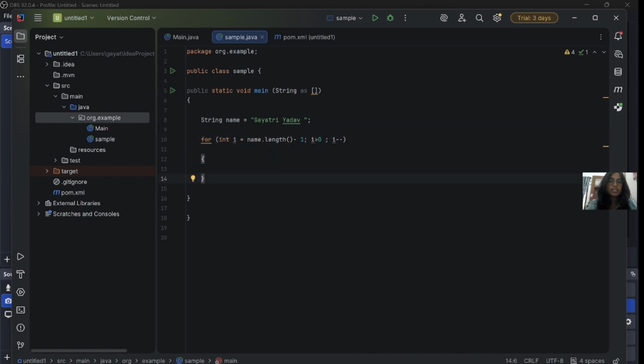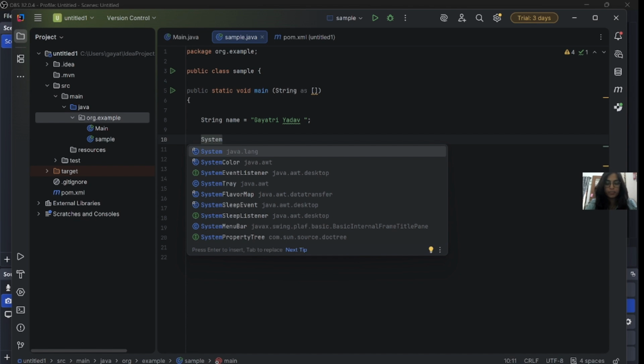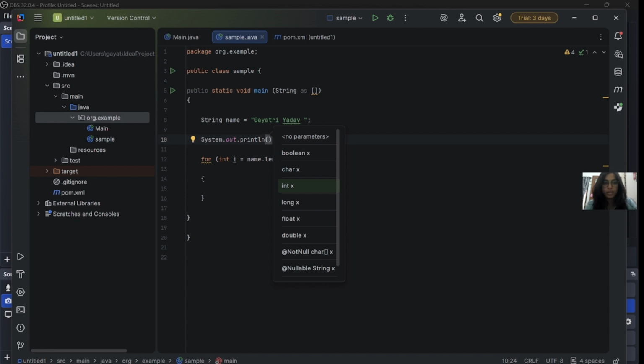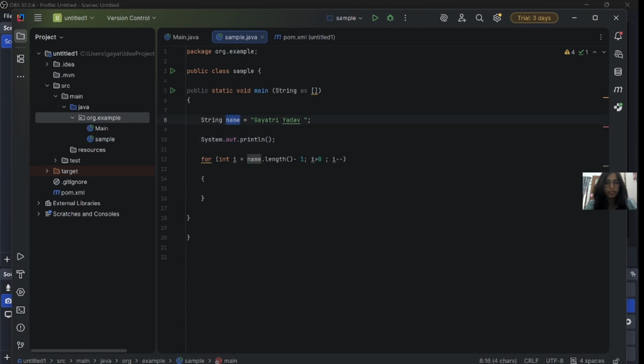I will show you how name.length() shows the length. System.out.println, here you print name.length().